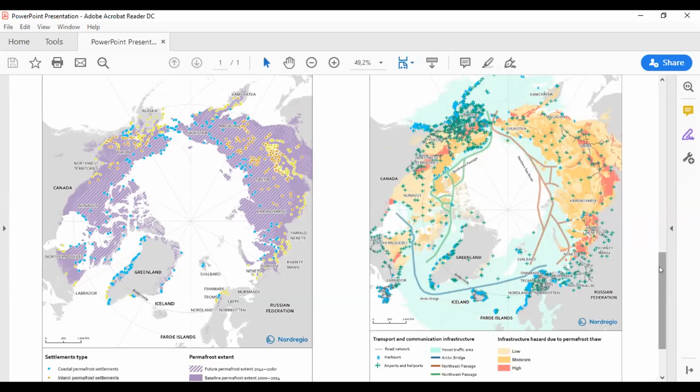Road infrastructure is quite sparse in the Arctic because it's very challenging to build a road on permafrost, which is very unstable ground. But a large part of these roads will be affected by permafrost thaw and require quite a lot of maintenance or rebuilding. There is also a certain number of airports and airstrips located on permafrost zones, and due to the thawing of the ground, these airports will also face damage.